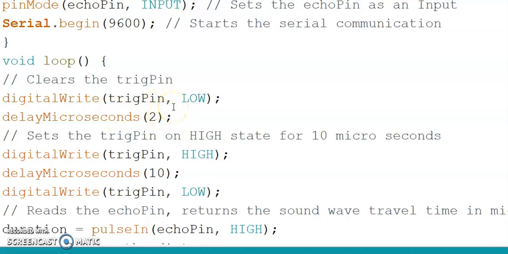We have just checked that the trigger pin is in a low state. Afterwards the trigger pin is made high using the digitalWrite command on the trigger pin for 10 microseconds, because that is required to initiate the ultrasound by the ultrasonic sensor. After the 10 microsecond delay, digitalWrite trigger pin low is called. So the pin was high for 10 microseconds, which makes the ultrasonic sensor start emitting the ultrasound. The further part we will look into in part C.